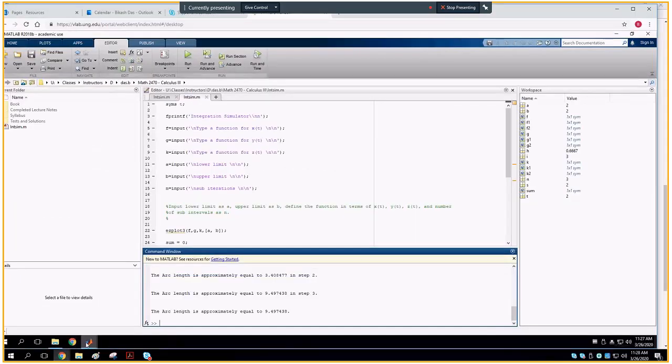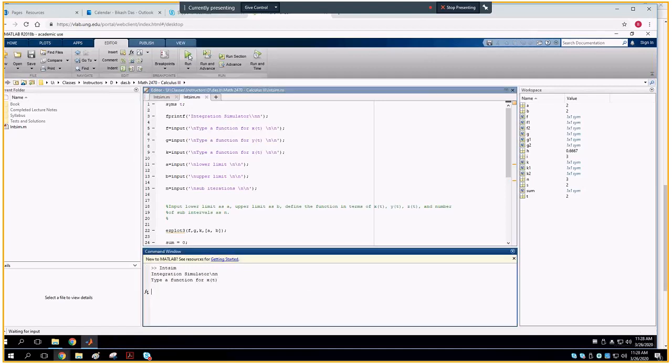So first and foremost, I am on MATLAB and I'm going to clear the screen by saying CLC. Run the program one more time. For xt, type in t. For yt, type in 4 minus t squared. For zt, type in t to the power 3. Lower limit is still 0. Upper limit is 2. And remember I said I will use 1,000 iterations for this problem to closely approximate the